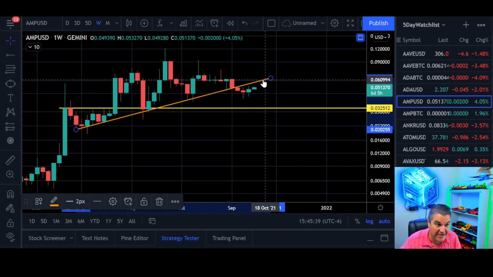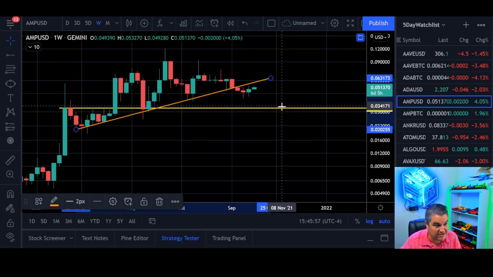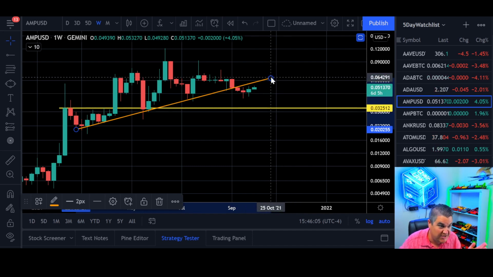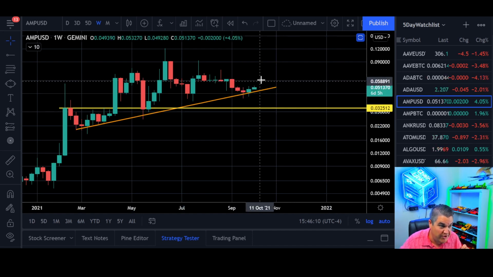If we get rejected off of this, it's likely we're coming down towards these areas. We don't want to lose local lows, right? You don't want to lose that. That's about 0.046, right? That closed at 0.046. So I would look for that level if we get rejected off this. If you make another lower low, then it's likely that we're probably going to need to get support off of this. However, that's neither here nor there yet, right? I'm just giving you future, right? This could actually be the trend line. We don't know yet.